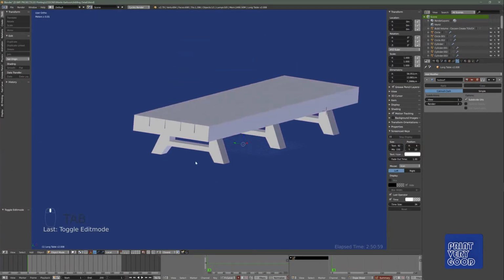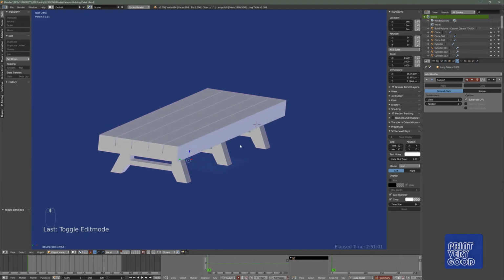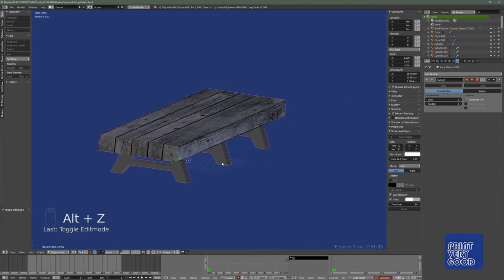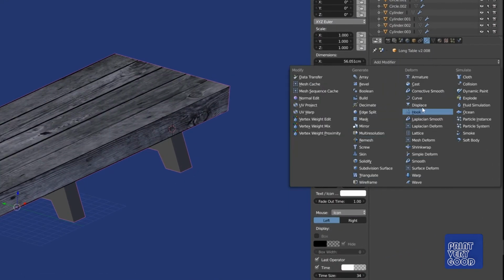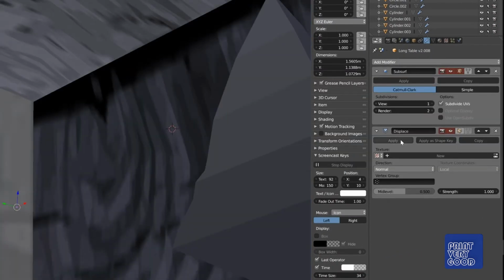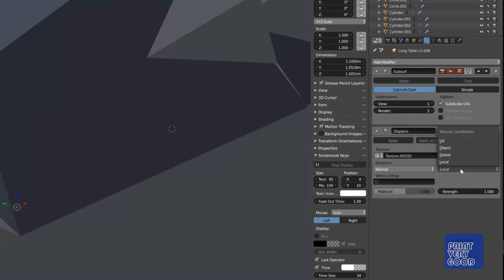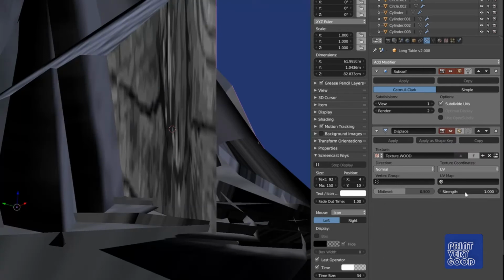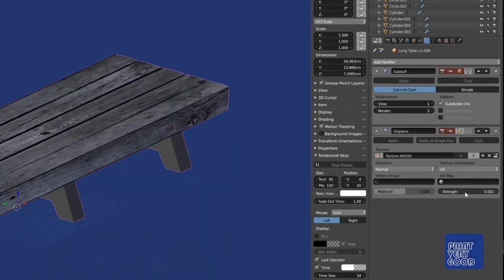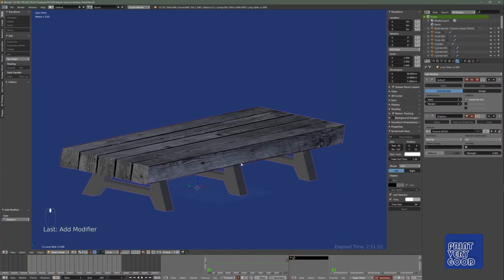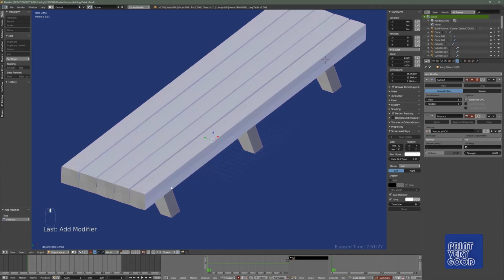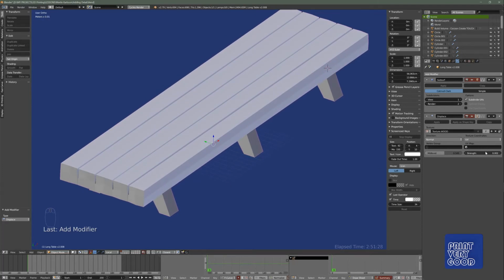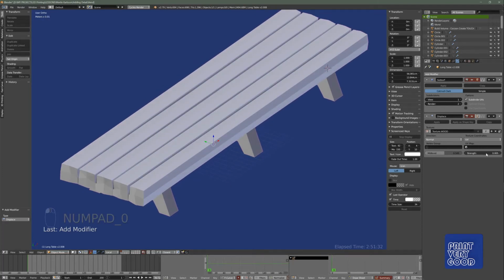Okay, now that we have our UVs done, our mesh in good shape, and our subdivision surface modifier sorted, let's look at adding the displacement modifier. We'll go to the modifier tab, add the displace modifier, select our texture, and set our texture coordinates to UV, and just drop the scale down, otherwise it'll be looking a bit crazy. Now you can see here we're starting to see the effect of the displacement modifier, and if we bump it up a little,